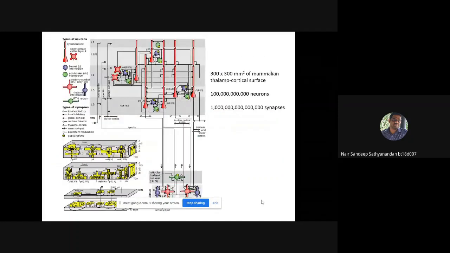We can see that this is a very complex task. A 300 by 300 millimeter square of a mammalian thalamocortical surface consists of 100 billion neurons and 10 to the power 5 synapses. So this is a functional description of the mammalian thalamocortical surface. So how do we model that? To go about it,